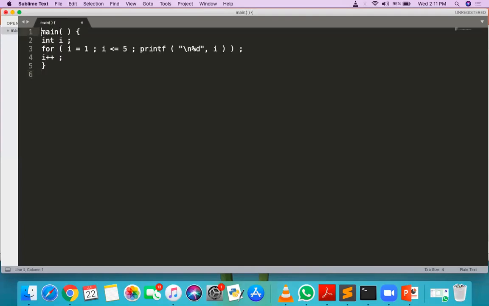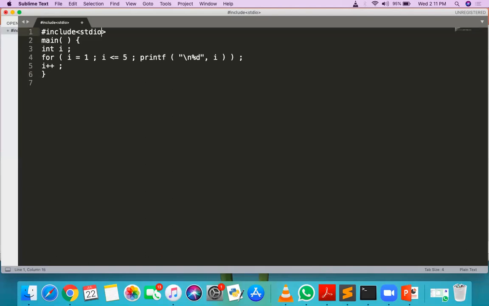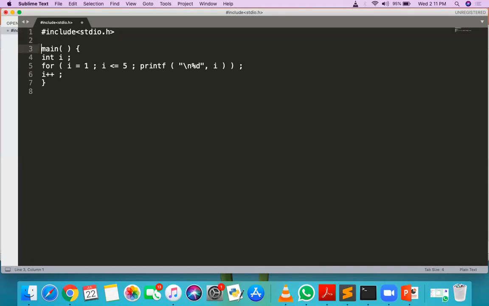So are you able to see my screen? Yes, sir. #include <stdio.h>, then int main. So save my program.